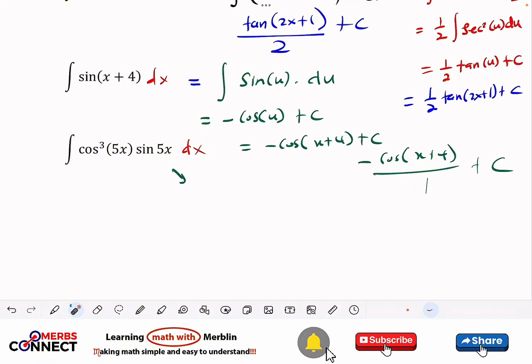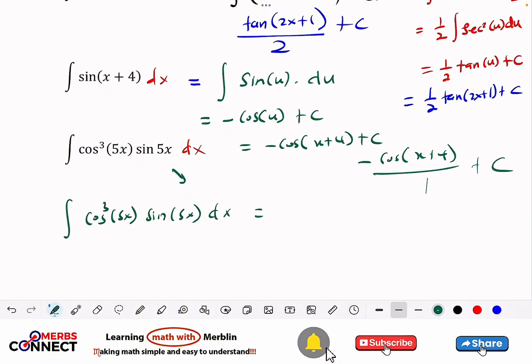Now let's see how we can solve this. Good. So here we are going to use substitution, right? We are going to use substitution, but let's see how we can do the substitution here. This one, we have two functions, cos 5x cubed and then sine 5x dx. Remember, this one can be written as